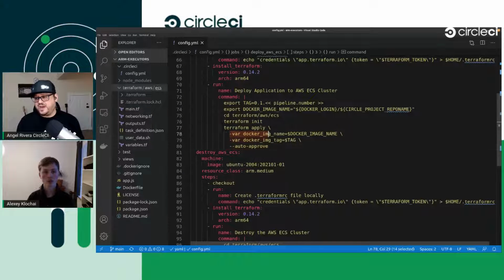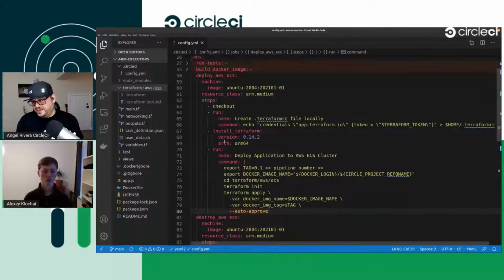As you can see, I have some variables defined. These are internal to Terraform, so that within the code I can give some variability to some values that need it. In this case, my Docker image and my Docker image tag, I would like to keep flexible. And then this auto approve is telling Terraform, because if you don't have it, it will expect an interactive response. This bypasses all that. So auto approve means don't prompt me for anything. So once I have that up and running,